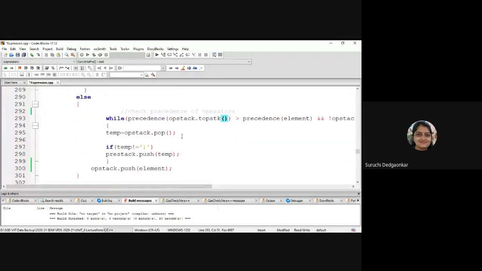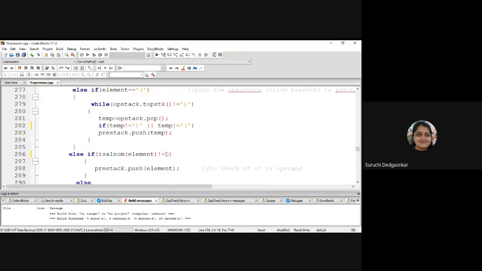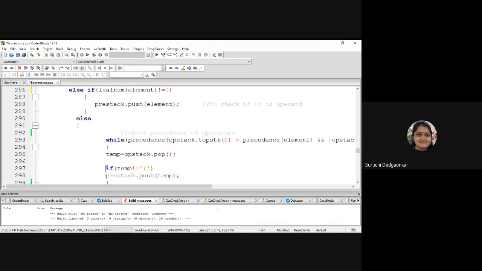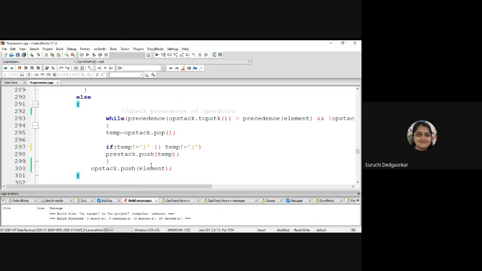And if we get a higher precedence operator in OP stack, we will pop those higher precedence operators and push them into the pre-stack. And then we will push the current operator into the stack.